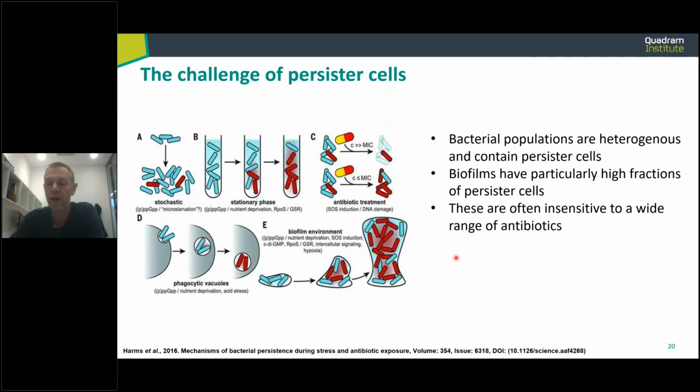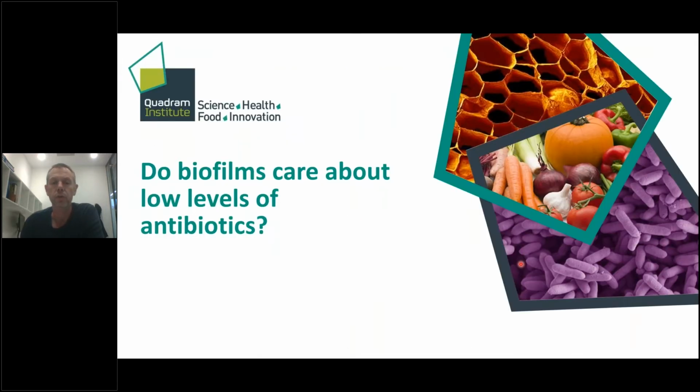There's a lot of research into how persisters occur. Toxin-antitoxin systems are very important, as are the triggers that put bugs into persistence, but also wake them up. It varies again by species, but the bottom line is that persister cells are very common in biofilms, and they're very, very resistant to antibiotics. So again, hard to kill. So we can see that biofilms are inherently quite resistant to most drugs.